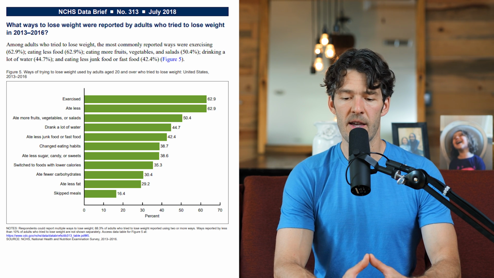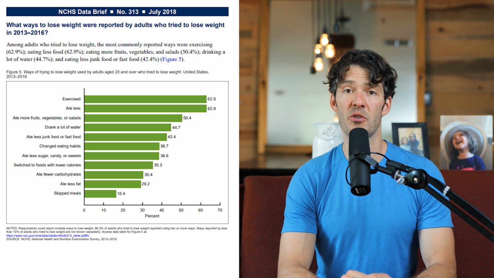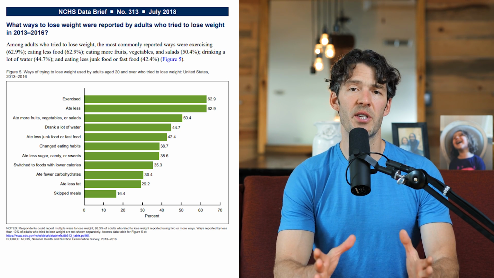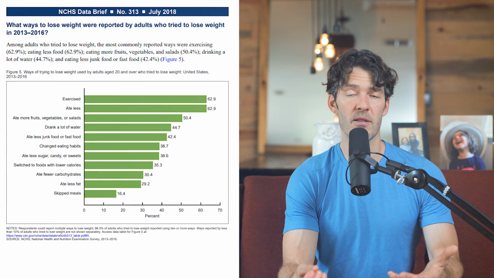But as we finish off here on this image, what a lot of people tend to do when they want to lose weight, about 63% of people focus on exercise and the same amount focus on just eating less, okay? Now, the challenge here about just eating less is, guess what happens? You cause this adaptive thermogenesis. So instead of just eating less, maybe you shorten your feeding window and you practice time-restricted feeding as opposed to just totally cutting calories. Because when you start to just totally cut calories, your body resists that by what? Slowing down your resting metabolic rate, slowing down cortisol release and noradrenaline and your overall energy expenditure and volitional exercise, okay? So instead of just eating less, you could eat higher quality foods.